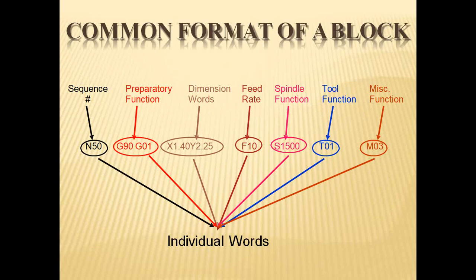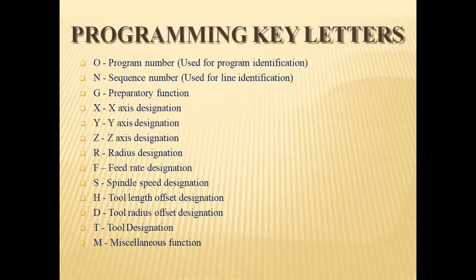Preparatory functions are the generalized codes which are used for rapid positioning of a cutting tool. Next we give the coordinate system or coordinate axis, meaning how much to move in the x direction and how much in the y direction. F is the feed rate, which is the cutting speed. Spindle function means at what revolutions per minute the spindle rotates. Tool function: if we are using 5 tools and want to use tool 1, we use T01. Miscellaneous function is coolant on or spindle on. This is how we write a program in the form of a block.